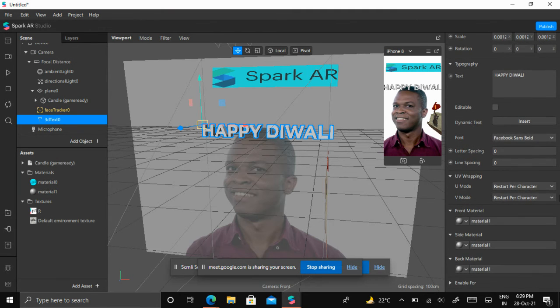Before doing that, we can change the color of this one. It's a 3D text, so it has front, side, and back. First of all, we have a material for the front one. I want to add a material for the side one.